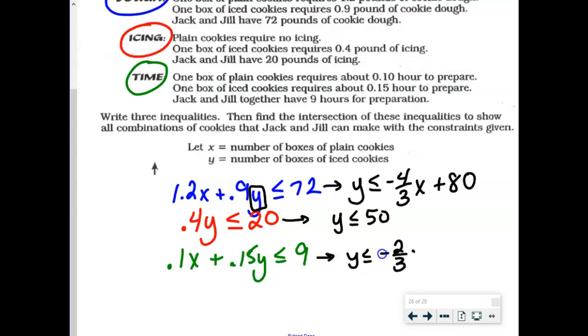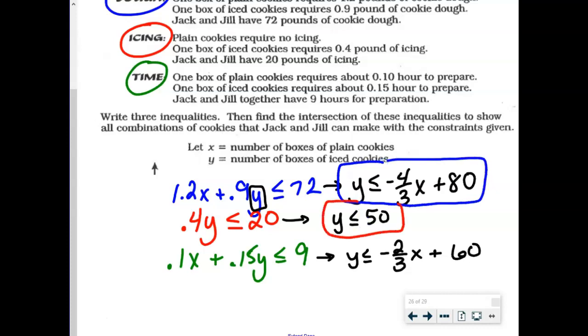Negative 2/3. And then what happens when you take 9 and you divide it by that 0.15? 60. Cool. All right. Here's the challenge. We got to take each one of these inequalities and we got to graph them. So good news is every one of them is a solid line, so I don't have to worry about weird dashed line business. We're going to be shading underneath all of these lines, so what you're going to see is